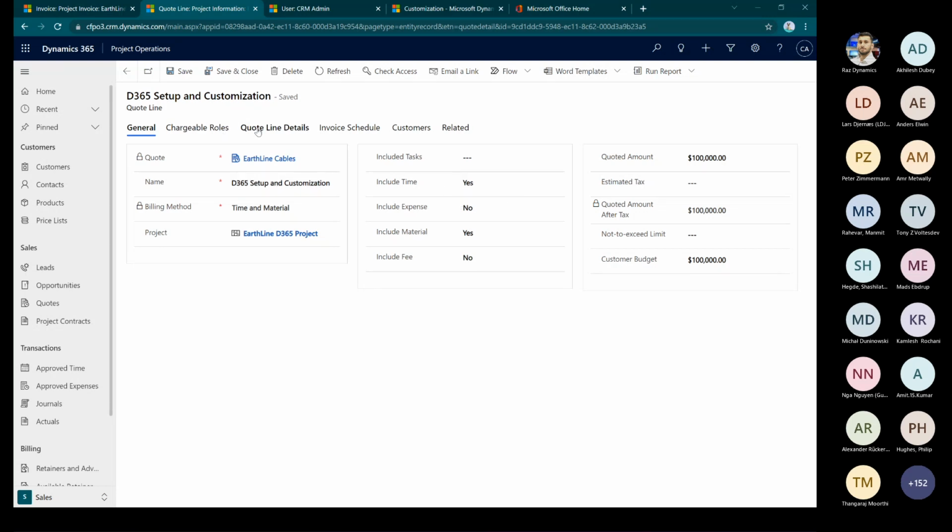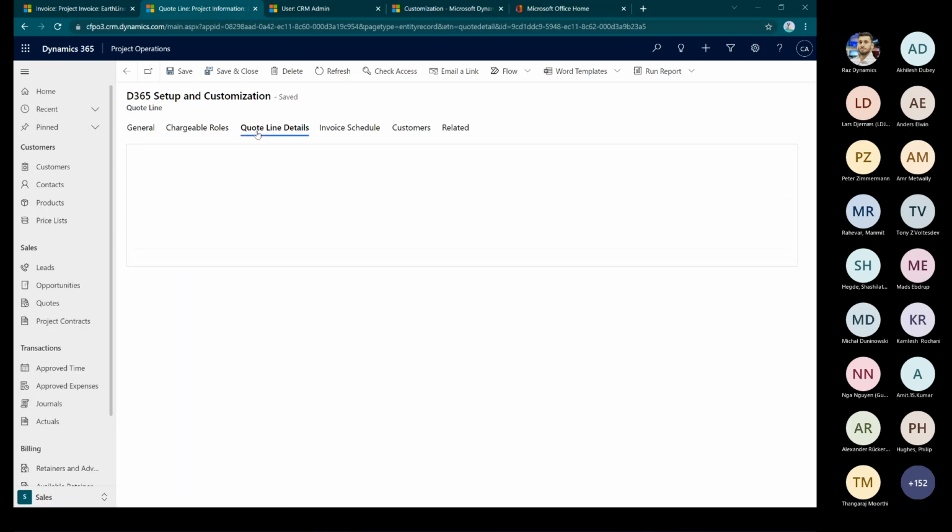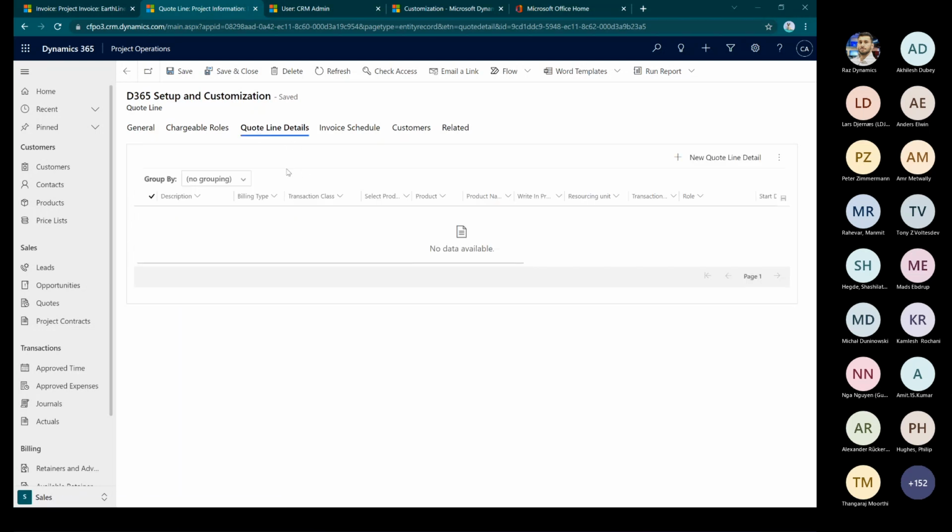So now talking about entities, quote has quote line details. Again, this is optional. If you don't want to use it, that is fine. I have not used it. It means that if you want to define this quote line further, what will you be doing in D365 setup and customizations? Are you going to be setting up the environment? You're going to be doing some integration. Is there some go live? How much each of those budgets and everything are? You can add it right here. If not, if you're going to keep it light, that is fine. Hence, this lies in parallel with